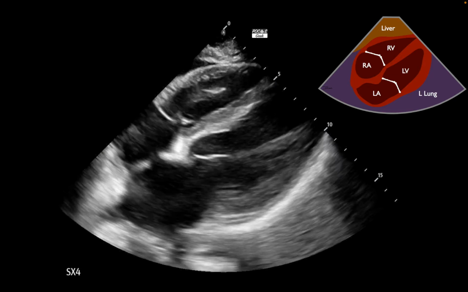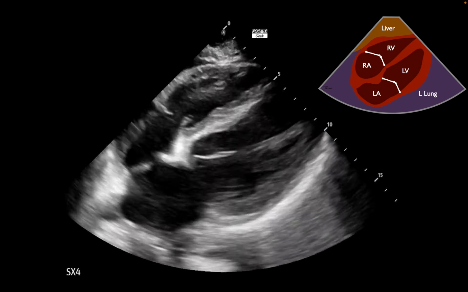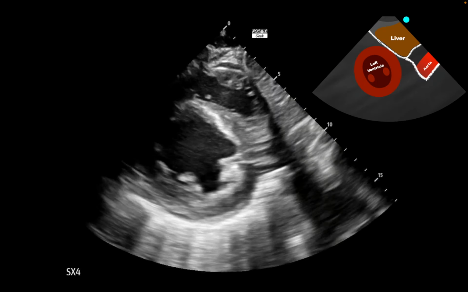And what we're going to see on this next, I'm going to freeze this down, and we can actually see a small pericardial effusion right up here at the top. Again, this is not large, but we're going to be looking just anterior to, or from the subxiphoid area, inferior to the right ventricle to be able to see this. And again, I'll play that. And it's very subtle on this clip view, but there is a small pericardial